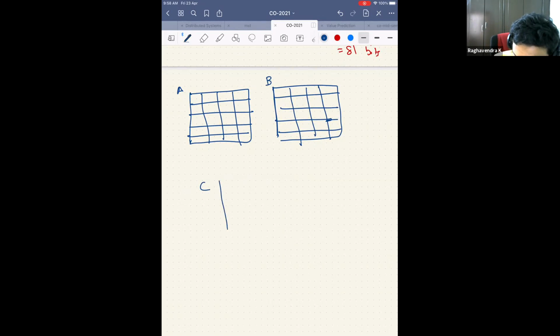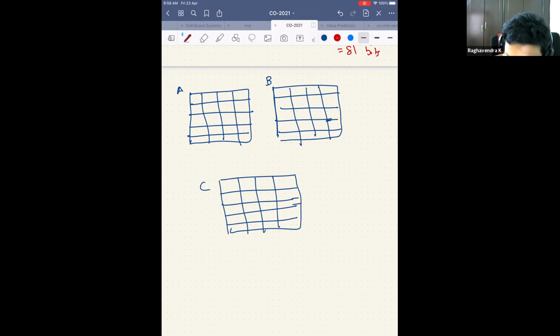Now I'm computing the value of C, and it's the same dimension. So how am I doing it? I am taking this particular row, multiplying it with this particular column, and saying this is the result. I hope everybody is able to see, right? So in the for loop that I wrote, first I take this row and this column, and this is the result. Next, I take this row and this column, and this is the result. Next, this row and this column, and this is the result. Does everybody agree?